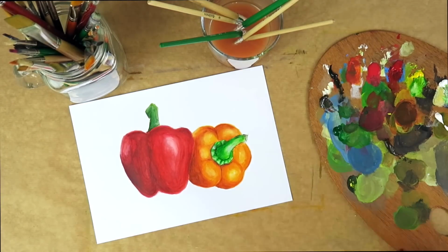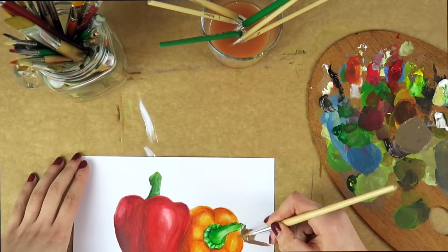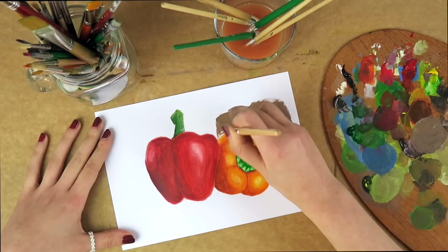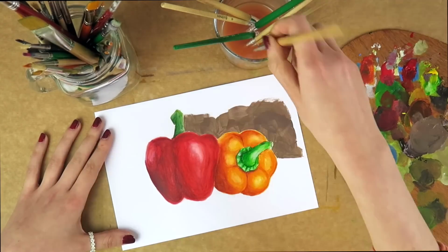So now you can leave your painting like this if you like, but I actually really like having backgrounds even on really basic still life paintings, just because I think it just draws the whole painting together and makes it look more